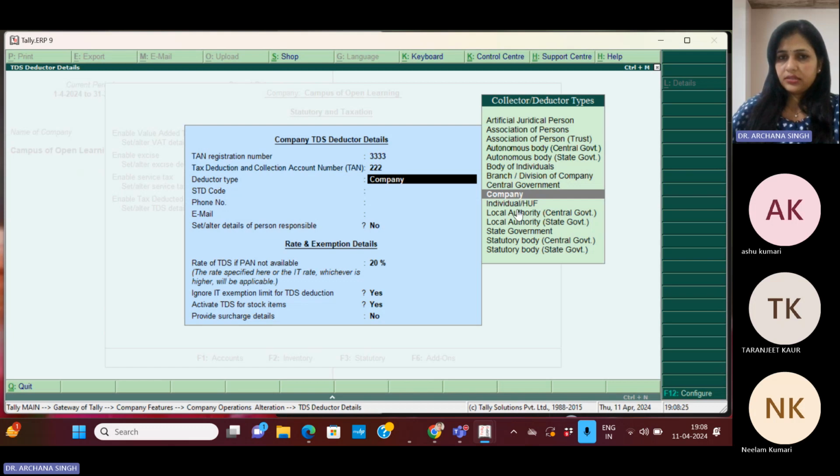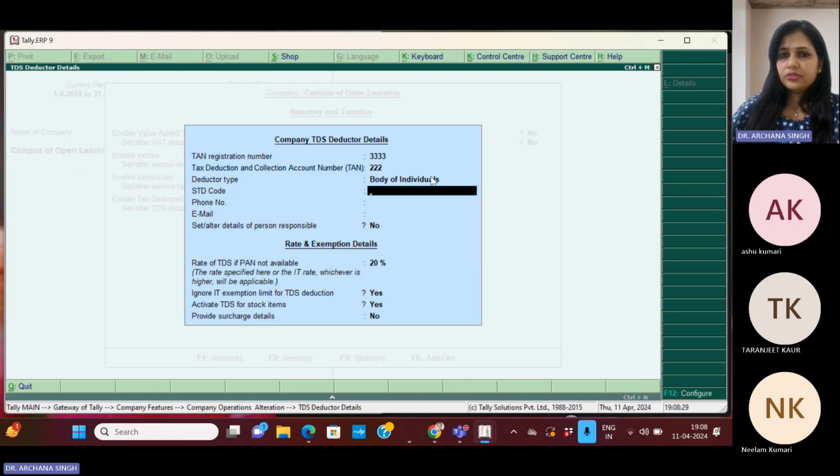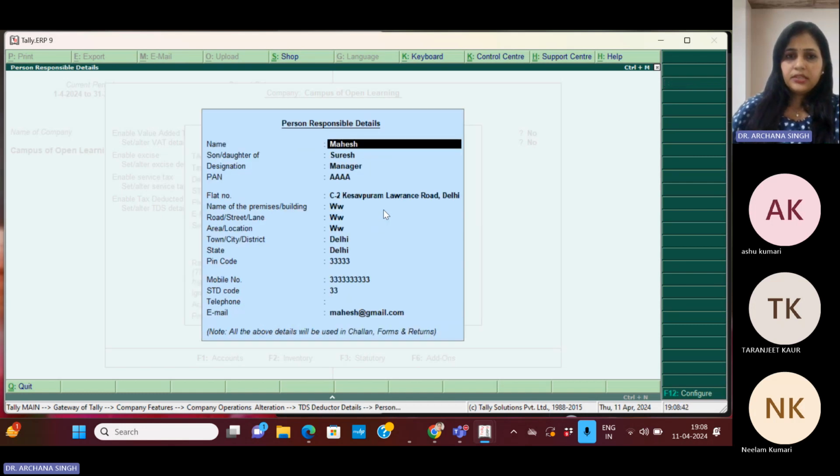गवर्नमेंट है वो ये टैक्स डिडक्ट कर रहे हैं, उनके अकाउंट में जाना है, तो बॉडी ऑफ इंडिविजुअल्स हो सकता है या फिर आपका सेंट्रल गवर्नमेंट हो सकते हैं, देन इट्स एसटीडी कोड, फोन नंबर, ईमेल, एंड सेट टू अल्टर द डिटेल्स ऑफ पर्सन. इफ इट इज यस, देन यू हैड टू सेट द डिटेल्स ऑफ दैट पर्टिकुलर पर्सन जिसके नाम से ये जा रहा है. जैसे डिटेल्स में मैंने यस कहा, तो यहाँ पे पर्सन रिस्पॉन्सिबल जो है डिटेल्स उसका नाम आ गया, देन यू